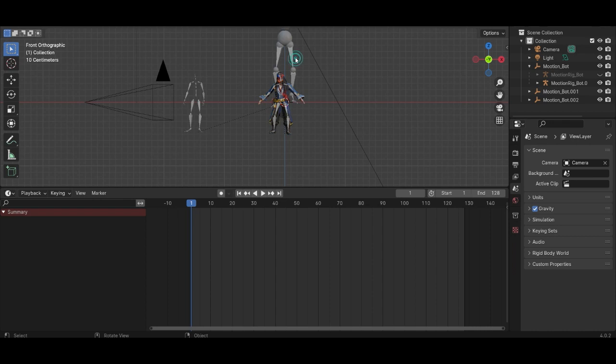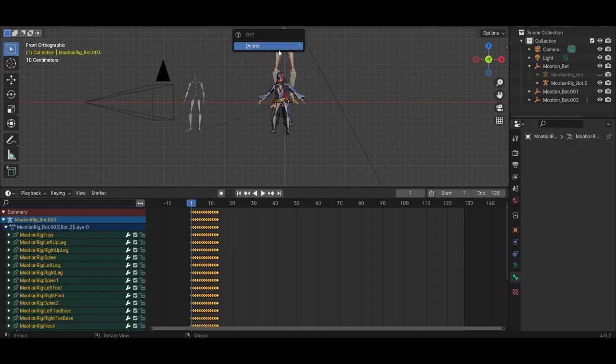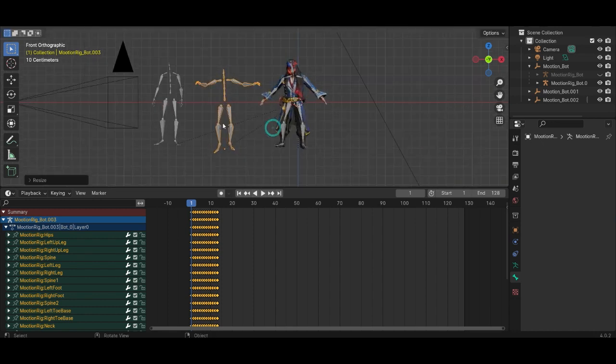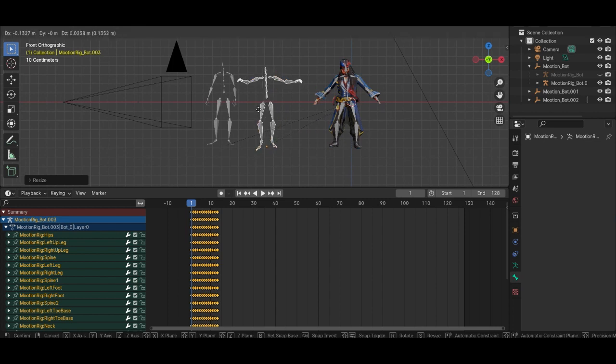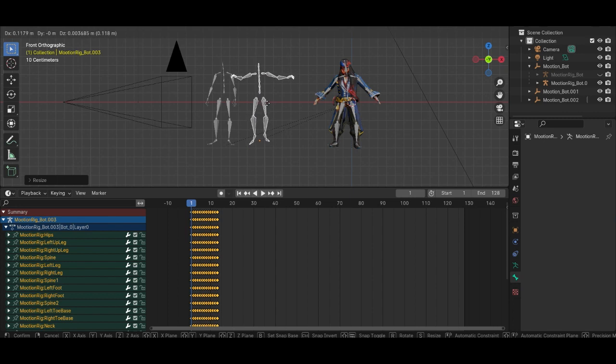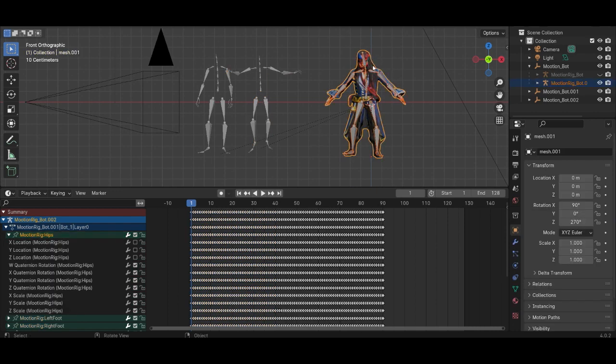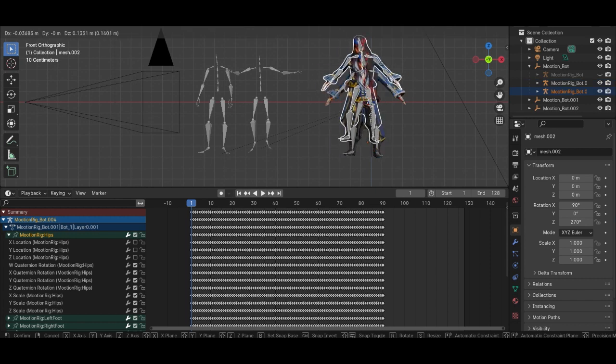Now we do exactly the same thing, just delete all the meshes, select the armature, scale it down, then copy character and armature, select, duplicate, Shift and D,